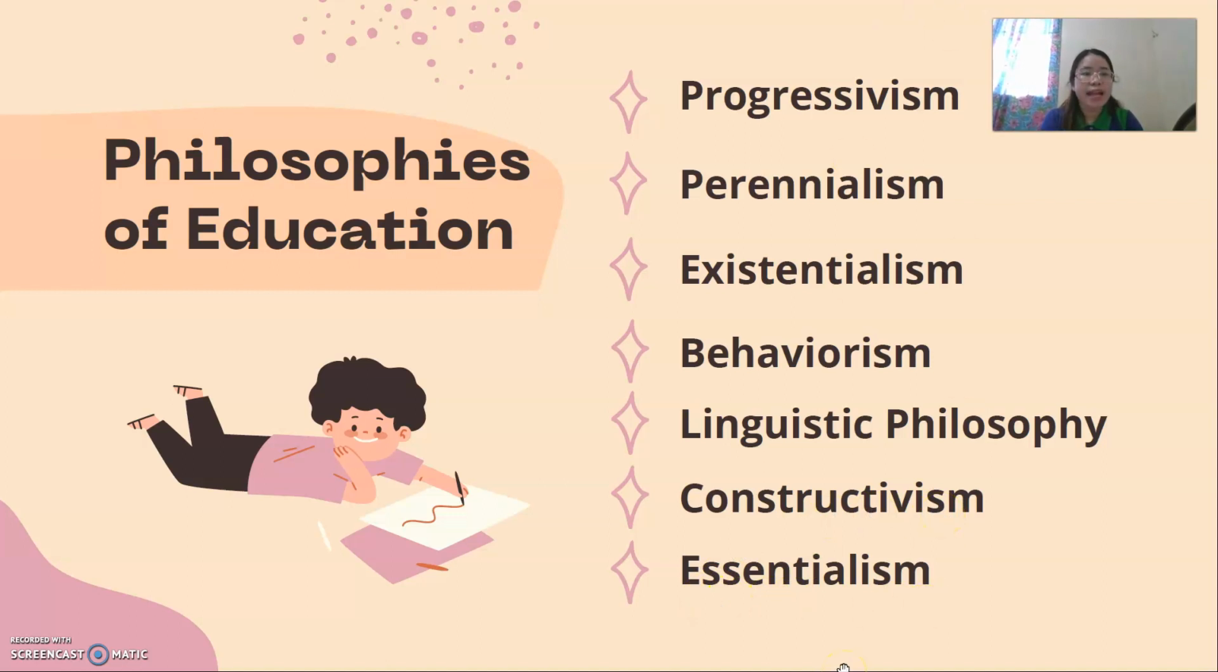Aside from this, we actually have lots of other philosophies of education, and to name a few, we have idealism, realism, pragmatism. Idealism talks about the ideal things in life, and realism, the keyword for that is to see is to believe. For you to believe something, you have to see it first, the real thing first. And pragmatism talks about the practical things in life. Okay, it's about being practical, and we will focus on progressivism, perennialism, existentialism, behaviorism, linguistic philosophy, constructivism, and